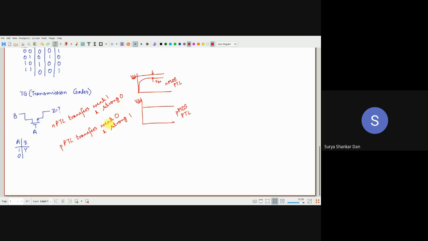It will transfer a weak 0. So that means it will essentially come from here and essentially be stuck over here. यहाँ पर क्या था? 0 से लेकर यहाँ तक. Okay. In a static CMOS technology, अब देखो static CMOS में हम लोगों ने क्या देखा था? It will be like full rail to rail, full मतलब VDD से लेकर 0 तक, ऐसा आया था, याद है?